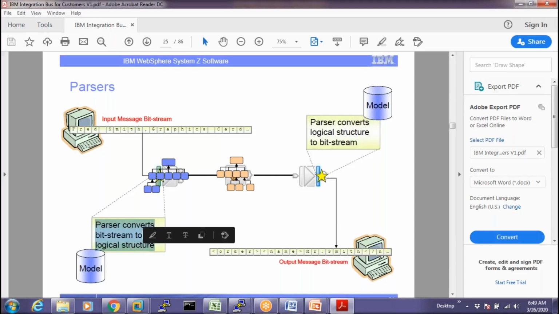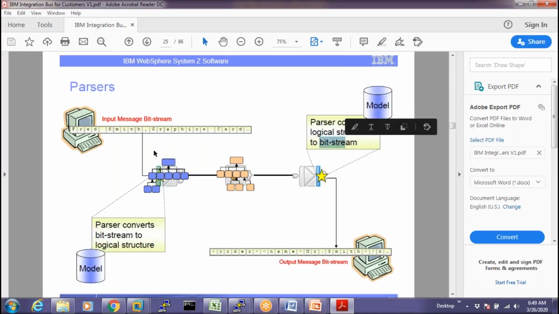There is no sure-shot answer. Whenever a parser converts the data, whether from bit stream to logical structure or from logical structure to bit stream, if the data size is really huge, then a heap dump is going to be generated. That's it, as simple as that. Okay.